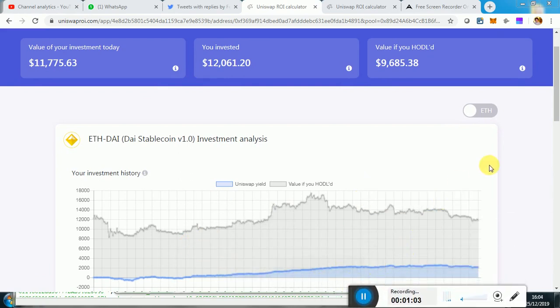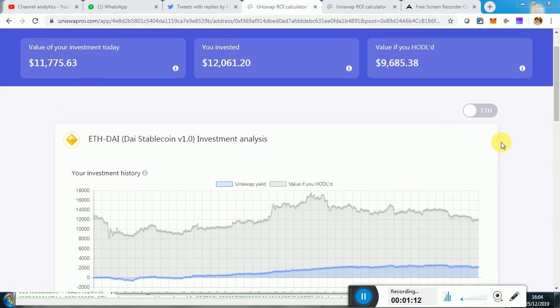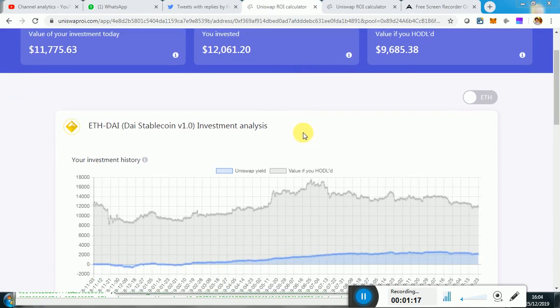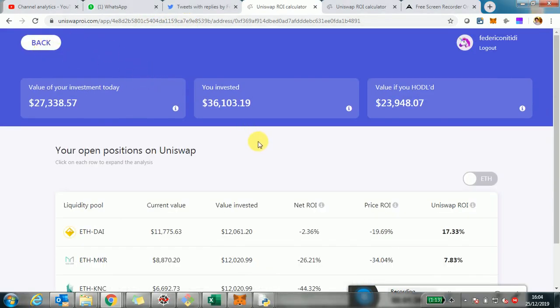of your Uniswap investment, if you have any, or to evaluate pools where to invest and to find the best pools. So specifically, I zoomed into the investment analysis for a specific address, and by the way, these links will be in the description. Which was the first address used by the Uniswap team when they launched the platform in November 2018. So when they launched the platform, the Uniswap team actually